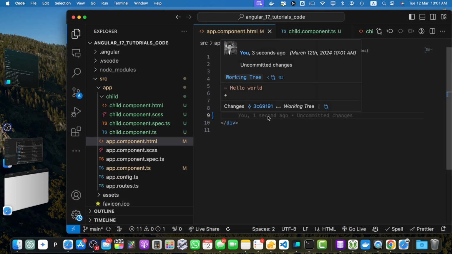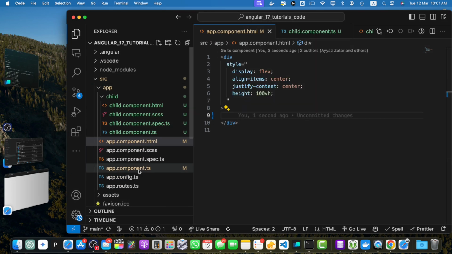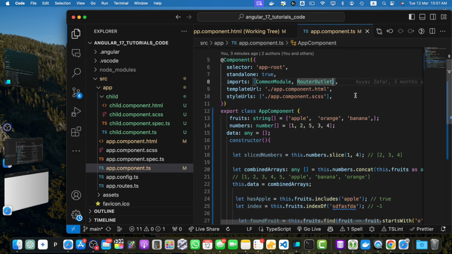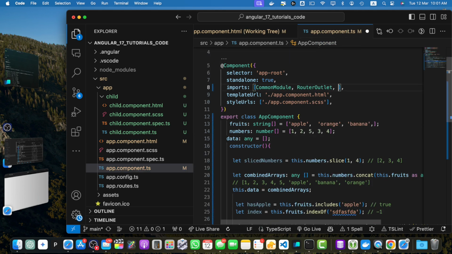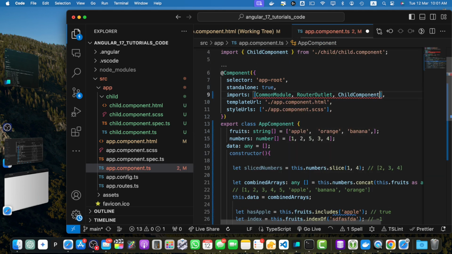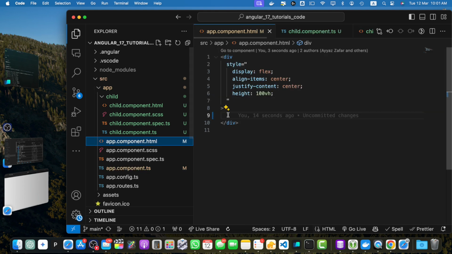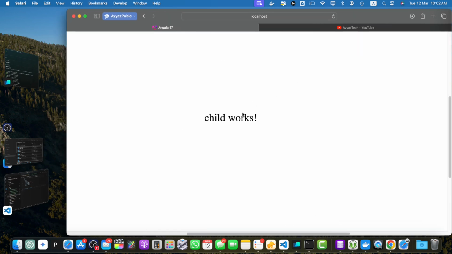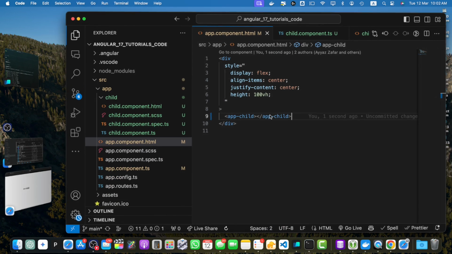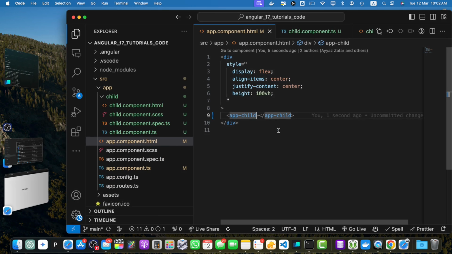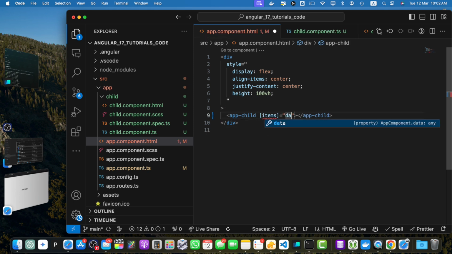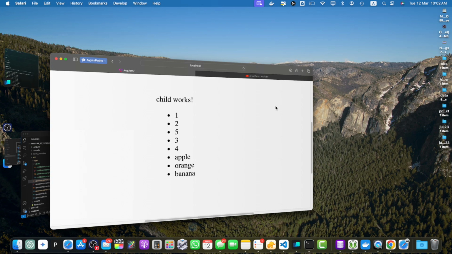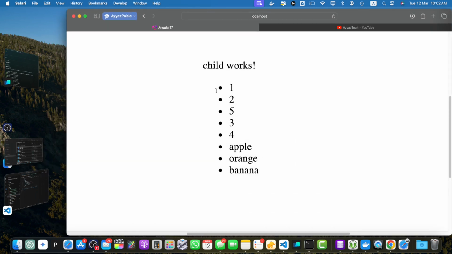Now instead of that, I will use the child component, but before using it we need to import the child component in the imports array of the app component, like that, and now you are able to use it. Okay, now we need to pass data. By default you can see child works is visible, but there is no array because it is using the empty default array, but we want to pass our data. So here I will pass the data array,